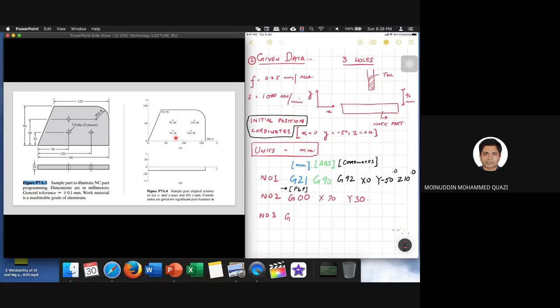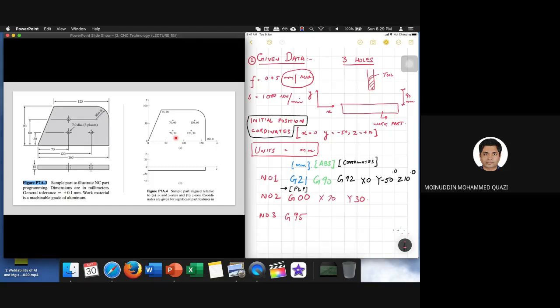Our unit of feed is millimeter per revolution, as given in the given data. So let me go to the table and see G95 is feed millimeter per revolution. So I will write the code G95 first. I wrote G95 first. Now I want to specify the feed, amount of feed. So how much is the amount of feed? 0.05. What is the code for feed? So you go to the table number 7A.1.